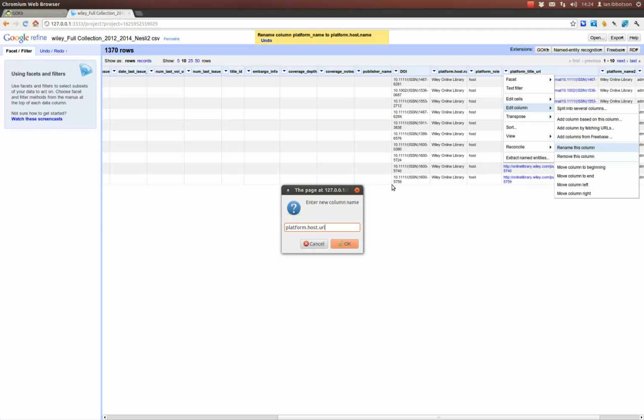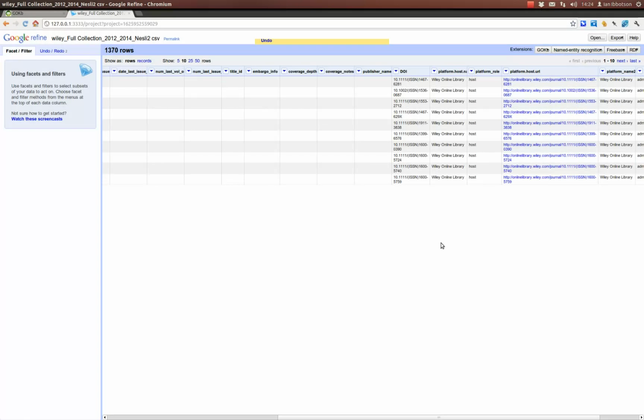needs to be host URL. So these are rules that should be auto-suggested, but there's nothing in my rule base right now because this is the first file I've ingested. So I've made the two changes that I need, and then I go back to the front page,